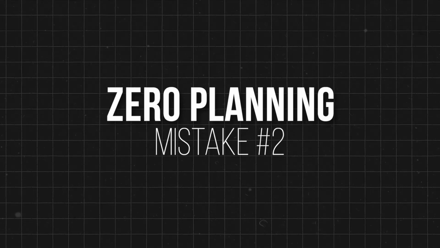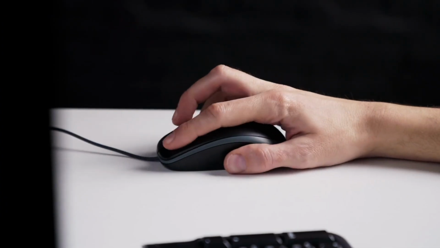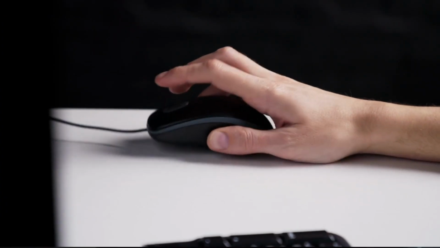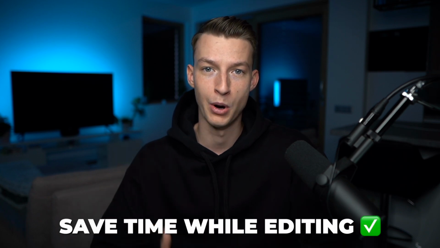Mistake number two is not planning out your videos. The reason why I believe that planning out your videos, at least using bullet points, is a huge advantage is because, number one, it allows you to save a lot of time when you're filming, because you know what you're going to be talking about, you know what you should film. And not only that, but it will also save you a bunch of time in post-production. You're going to be much more efficient with your editing because there will be less excess that needs to be cut out.